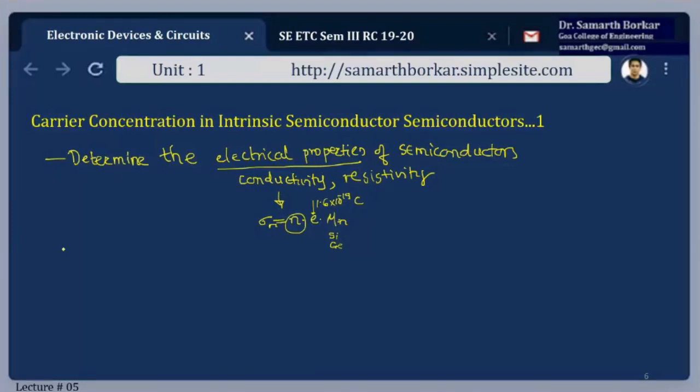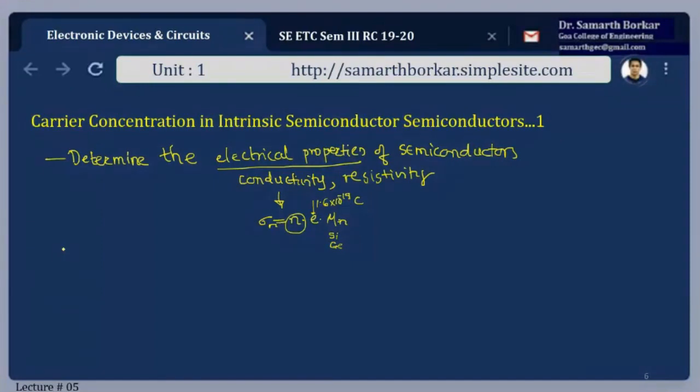Simple point. If I want to know the carrier concentration, I need to understand this derivation. For example, how many charge carriers are available in this semiconductor? If it is an n-type semiconductor, how many electrons are there? If it is a p-type semiconductor, how many holes are there per centimeter cube or per meter cube? Concentration is always with respect to some volume. In yesterday's class, we took up a problem, and there I distinguished both cases. What is the amount if I take centimeter cube or meter cube? For meter cube, it is higher.